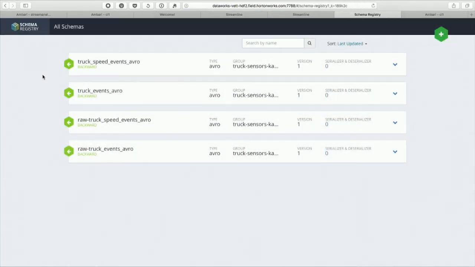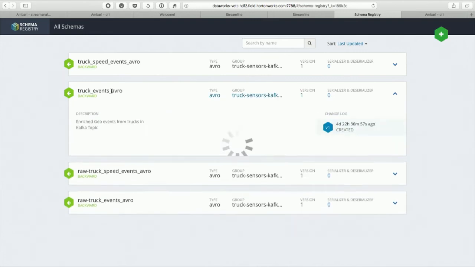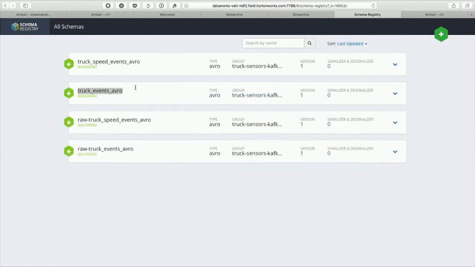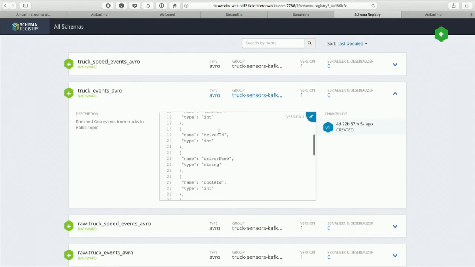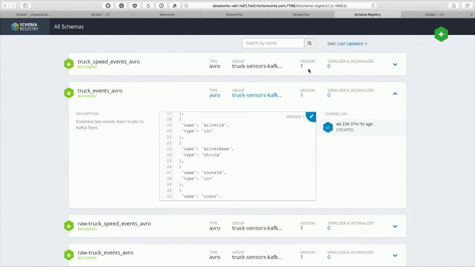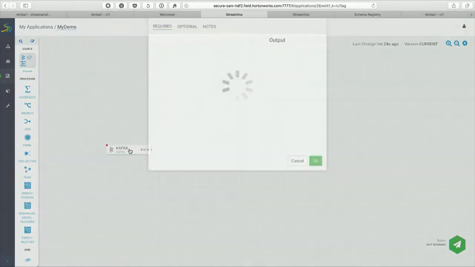So here is a registry UI. Again, there is already a bunch of schemas set up. You can see this is the schema name. The schema name needs to match your Kafka topic name or Kinesis topic name, whatnot. So the schema is already available here. All the schemas that are exposed here will be coming into